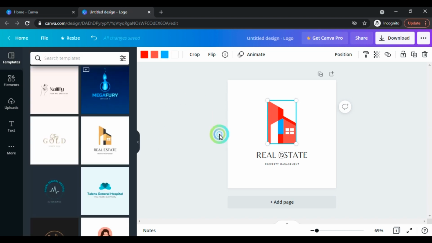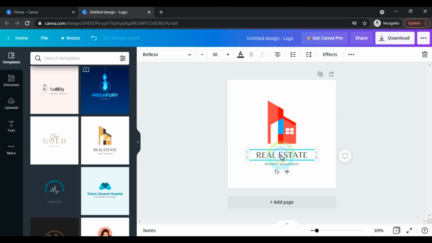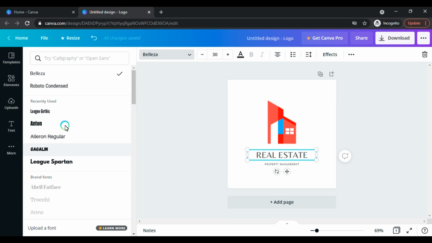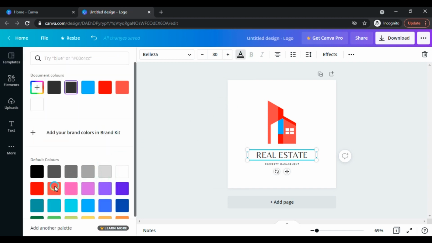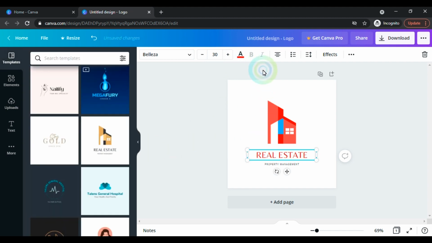And you can change the name also here. Just click here and select the font, whatever font you like. Select the size of the font, or you can change the color also here.